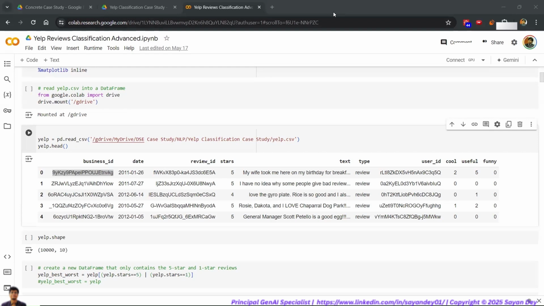We again have x and we have y. So this is the input x and this is the output y. So based on the text of the review, we are trying to predict what is the stars of the review. That is the problem that we are trying to solve. So first things first, what we will have to do is take